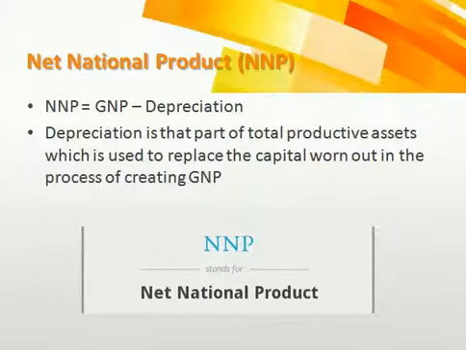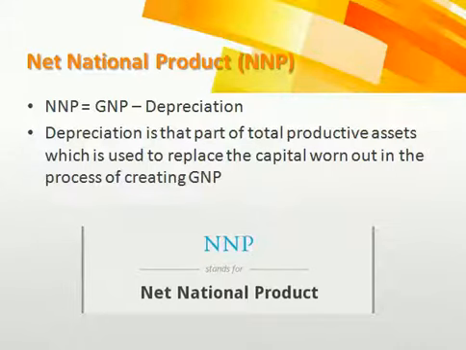The depreciated amount, the worn out amount, will be subtracted from the gross national product, and we will get net national product. So these are the three types of components of calculation of national product. Well, there are many approaches. These are the three approaches which are generally being considered while calculation. Most often GDP is used, but